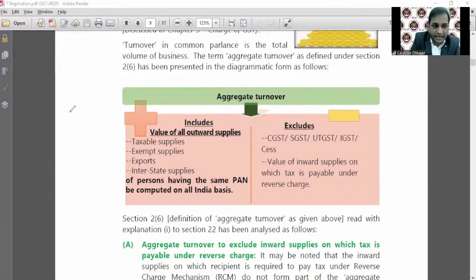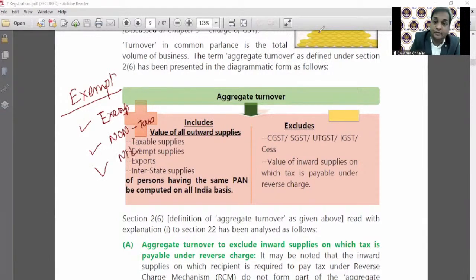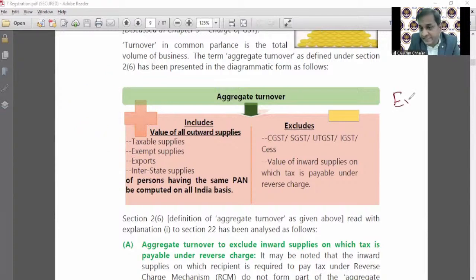Suppose I am making the exempt supply, will it be added in the aggregate turnover? Answer is yes. If I am providing the non-taxable supplies, will it be added in the aggregate turnover? Answer is yes. Why is the answer yes? The word exempt supply includes exempted, also includes non-taxable, also includes nil rated. Repeating again, the word exempt supply,